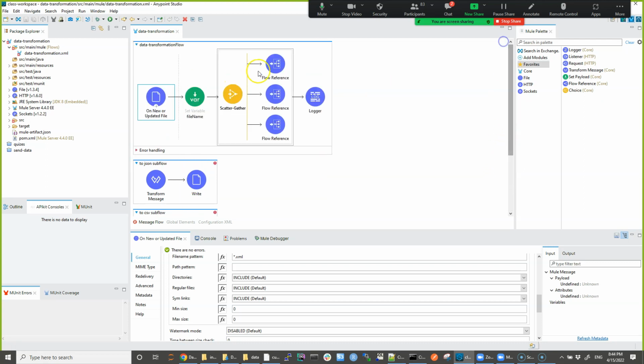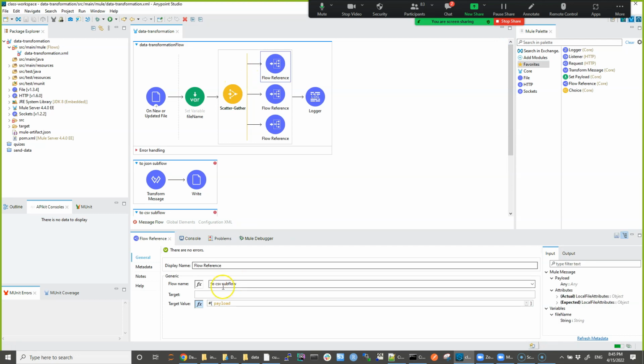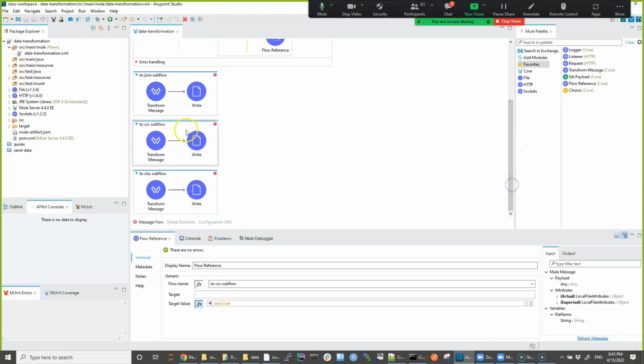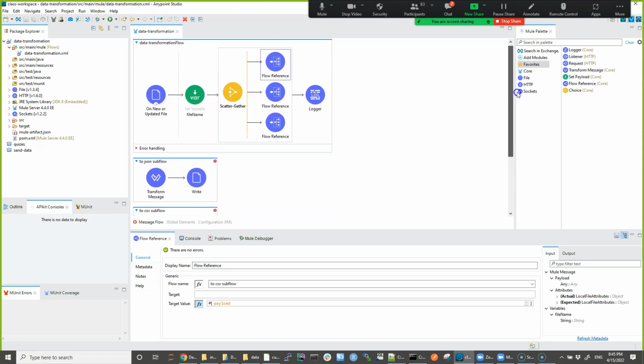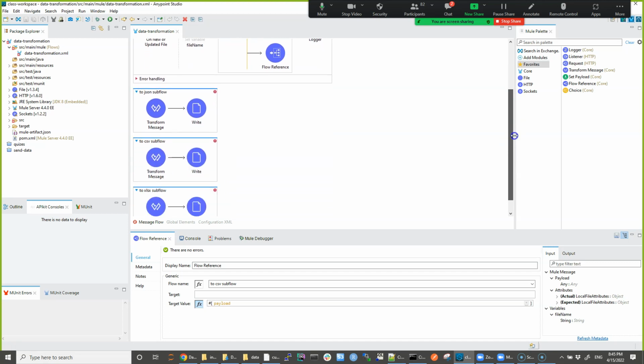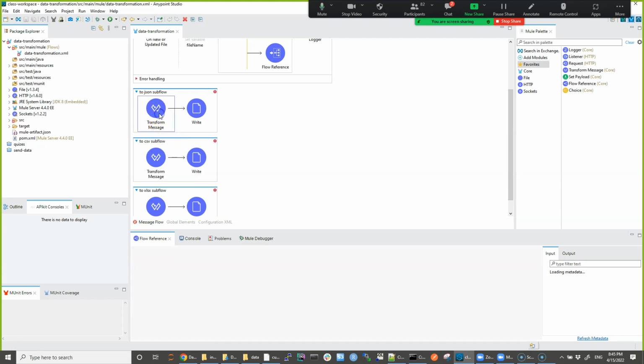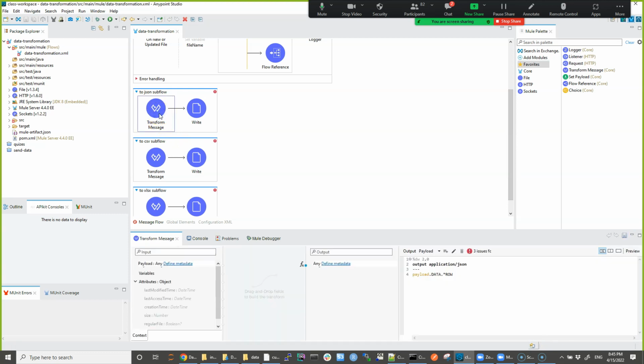So if I click this one and show you, you see this one, the first one on the top, it references the to CSV subflow, which is this one. And the other one, each one of them, they reference one subflow. And if we see from each subflow, let's see what data transformation we have and why we are doing that. So here we have